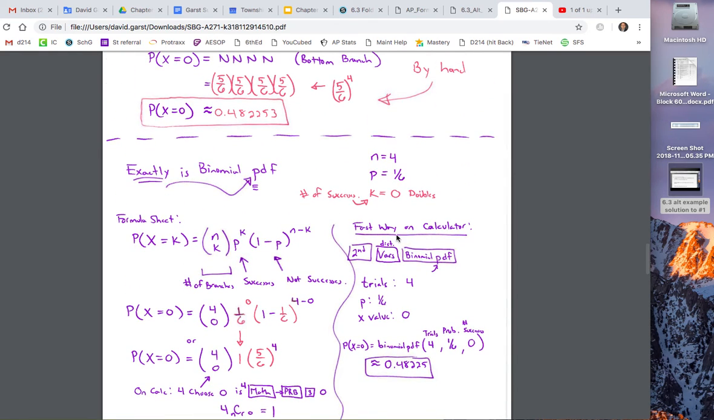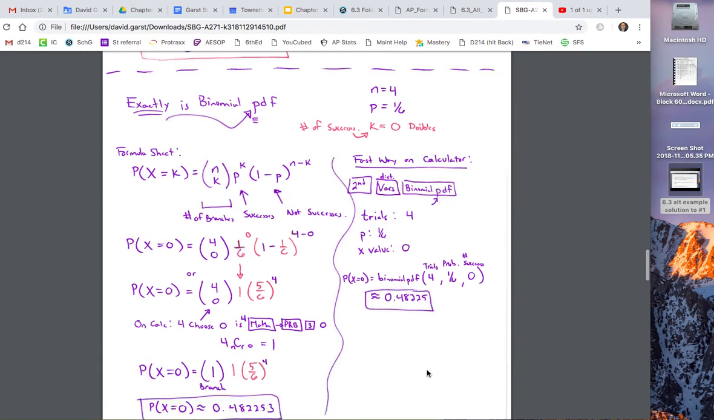Also, there is a fast way in your calculator to do this. Hit second, VARS, variables. That'll take you to the distribution menu, and you do binomial PDF. Careful, because there's a PDF and a CDF. Then you'll be prompted to say how many trials, n equals 4. What's the probability of success, 1/6. And the x value means how many doubles are we concerned with? In this case, it's 0. You write on your paper x equals 0 equals binomial PDF of 4, 1/6, 0, and you get the